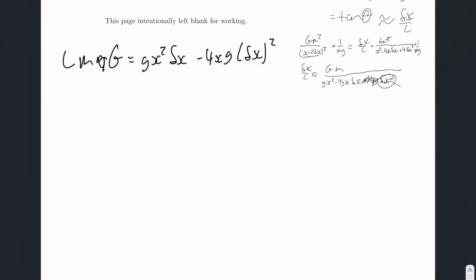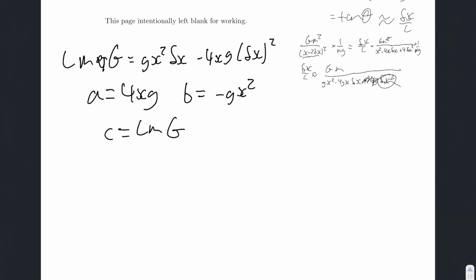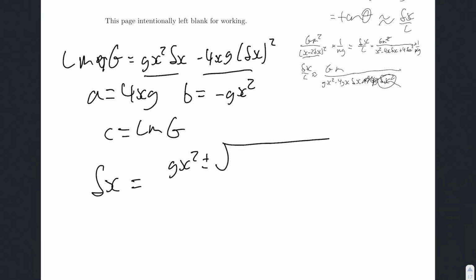So then if we move all these to one side, we can see that A equals 4xg, B equals minus gx squared, and C equals lmg. So then solving for delta x here, if I've just added this and minus that to the other side. So then we know that delta x equals minus b plus or minus the square root of b squared minus 4ac,